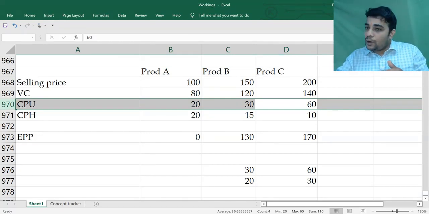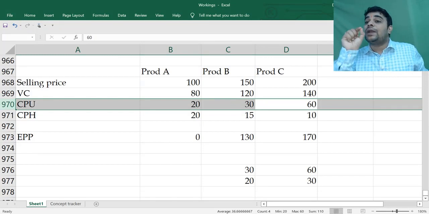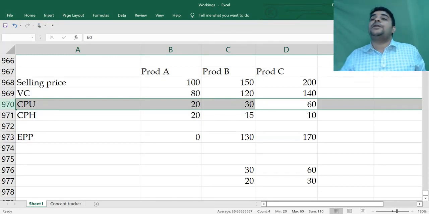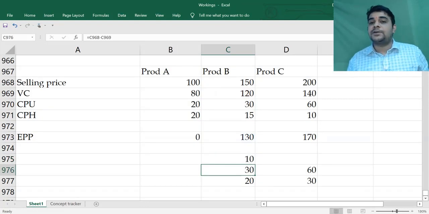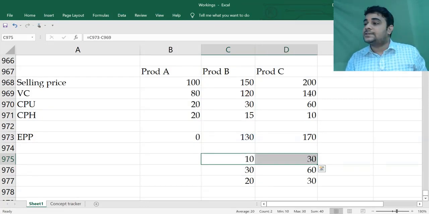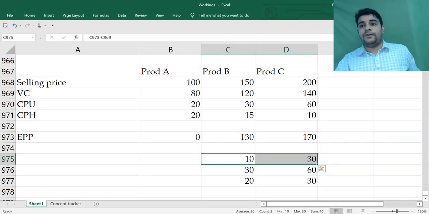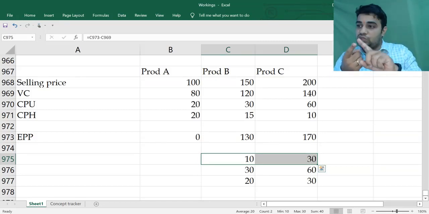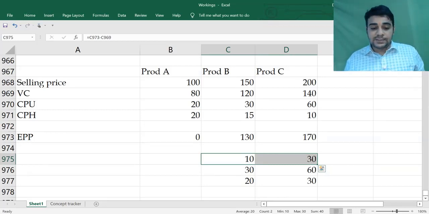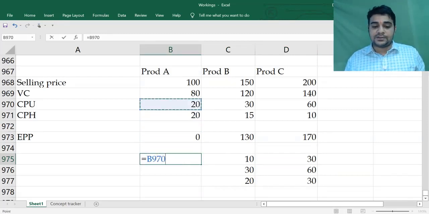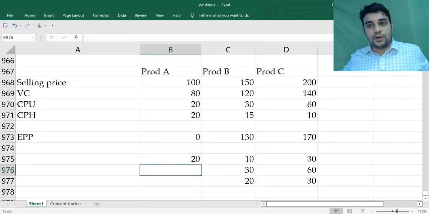So whenever an option of subcontracting is available, you do the ranking on the basis of saving per unit and not contribution per unit. Saving per unit is external purchase price minus the variable cost. You will see problems where some products use contribution per unit and some use saving per unit. The rule is simple: if you have an option of outside purchase for a product, it should be analyzed on the basis of savings. A product in the same problem will be analyzed on the basis of contribution per unit if you don't have an option of outside purchase.